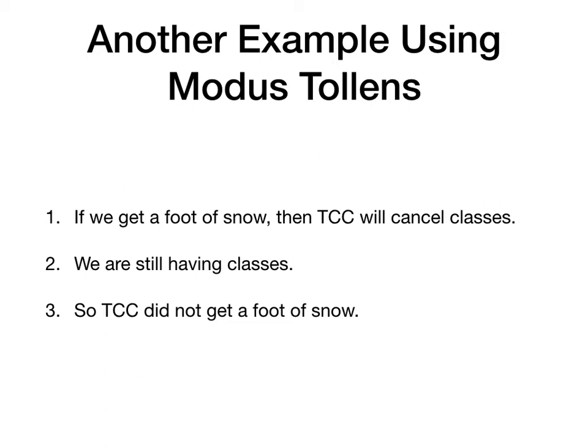Imagine that you lived in some basement apartment. Maybe you're just too lazy to go to the window. You know that we might or might not get snow, and you don't want to go look at the window. You look at the TCC page. If we are still having classes, you know it fell as rain, because if we'd actually gotten the snow, we wouldn't be having classes. So, if P, then Q; not Q; so not P.